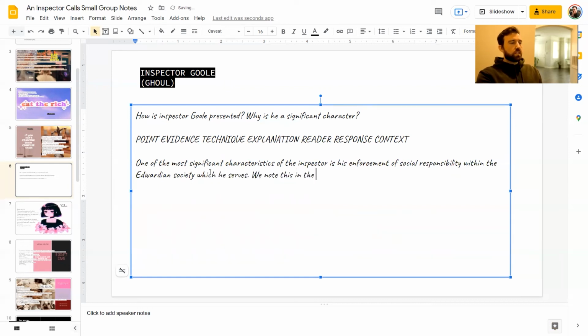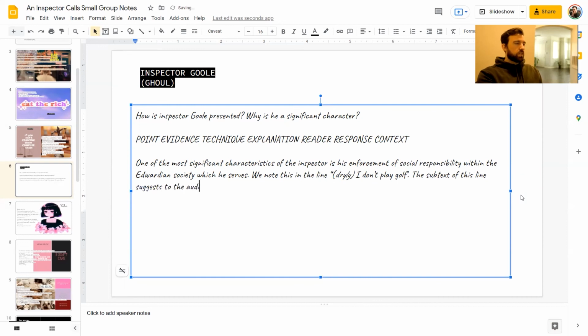We note this in the line, dryly, "I don't play golf." The subtext of this line, so notice that's the technique in this case. A lot of lines in plays will have subtext. It's a really good technique to talk about, and we'll maybe also talk about the stage direction here. The subtext of this line